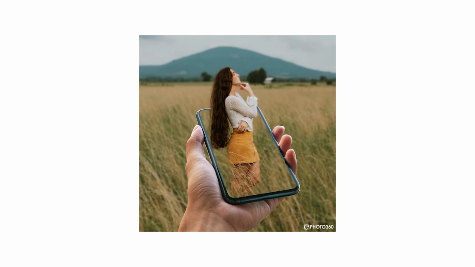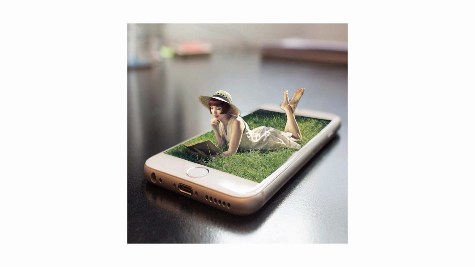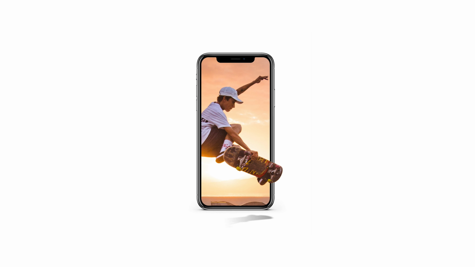Howdy everyone, welcome to another video, and in this one we're going to cover the so-called pop-out effect. But what exactly does that mean? The pop-out effect is the type of photo montage where it looks like the subject is actually sticking out of the medium it's shown on, like coming out of a phone screen or a printed photo. I'm sure you've seen many of these examples on billboards or other commercials, etc.